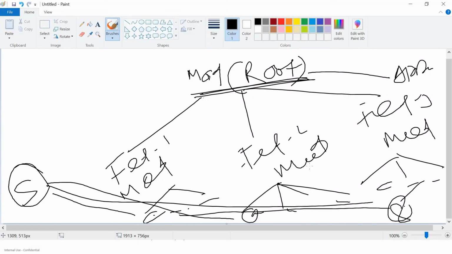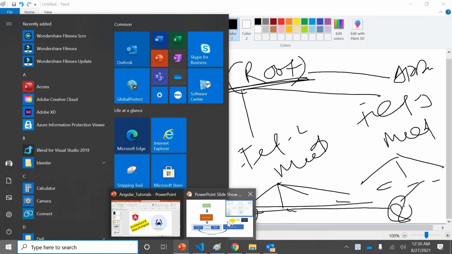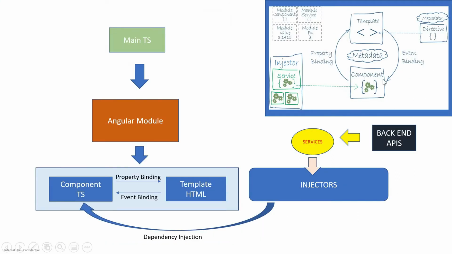As we saw here, there are multiple modules available, and we have connected these modules to different components. These components are pulling data from different services, and we are building a big application. Now let's understand this flow inside a flow diagram, then we'll come back to the real structure. This flow diagram is from the Angular.io website itself, and let's simplify it here.